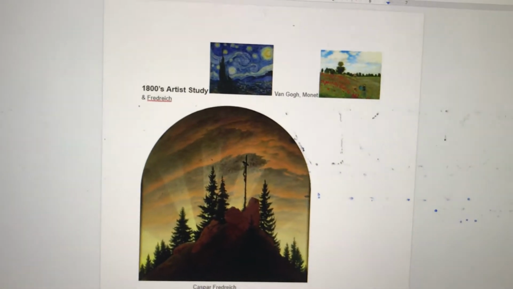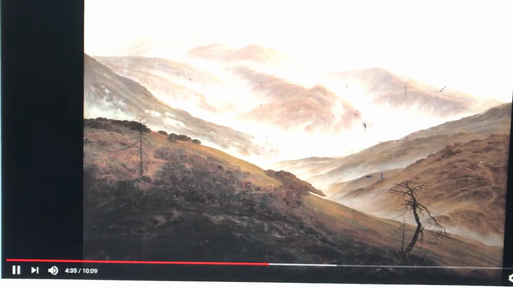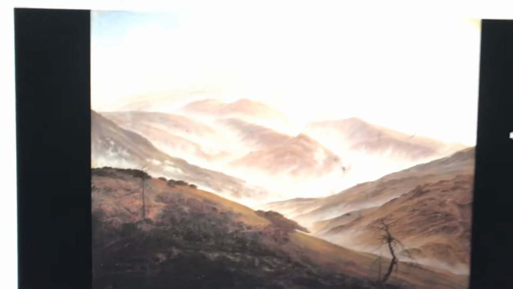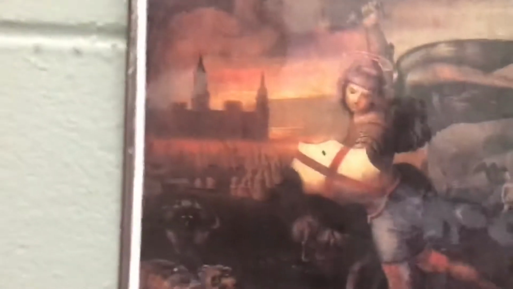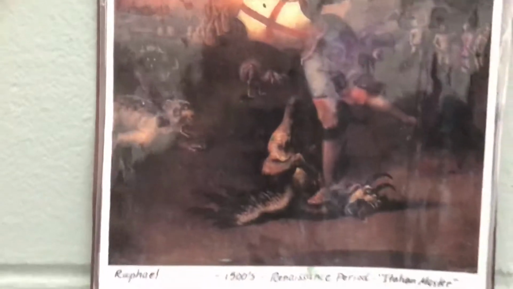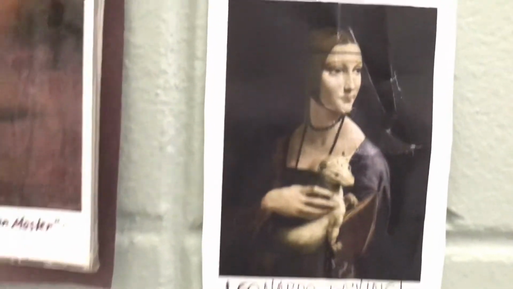the Impressionism period. And that's when the artists started to leave the Renaissance period, which is Michelangelo, Leonardo, Donatello, Raphael. You guys know, if you're one of my art students, these guys were famous for not only realism, but photorealism, where it looks so realistic you can't tell if it's a photo. That's called photorealism. It's Raphael. That is a Da Vinci.